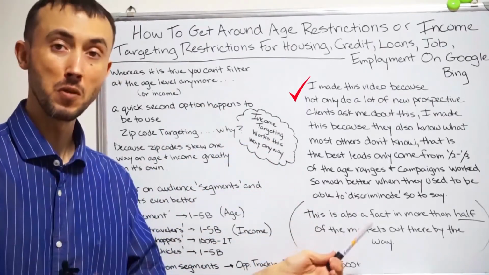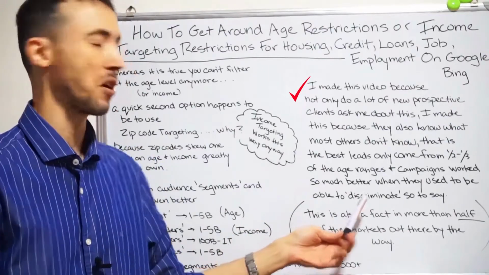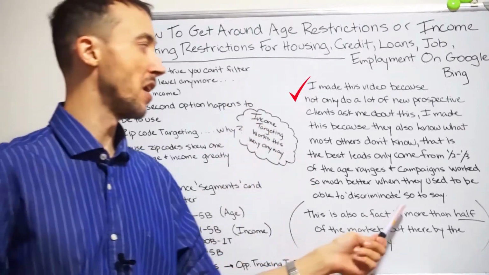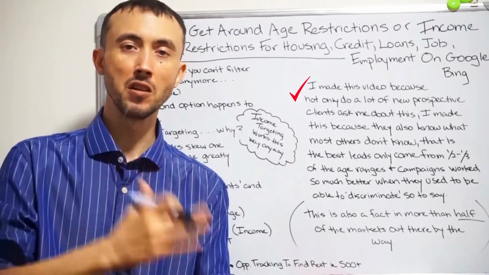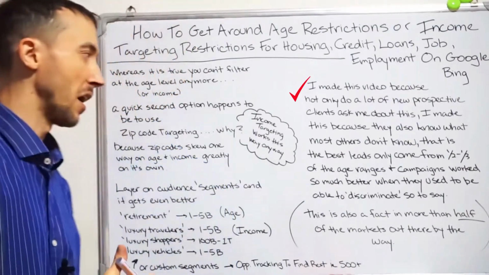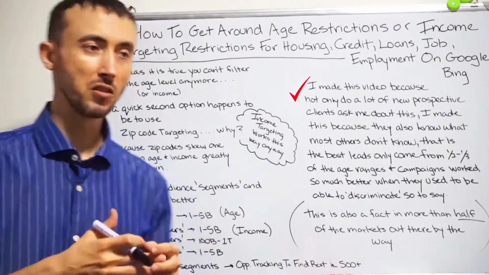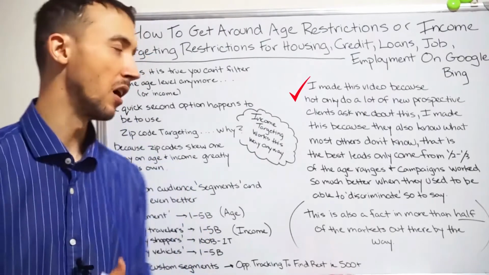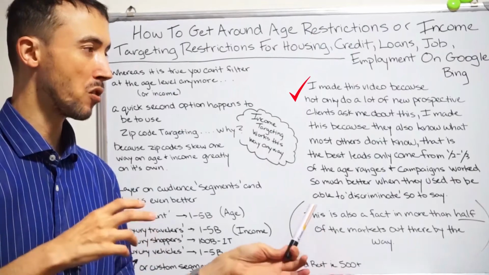And they're coming to me actually saying, what are the other options? Because I can't get my campaigns to work until I can, if you want to call it, discriminate again, so to say, and have my ads show up only for somebody who's in a certain income demographic range or age range, or a combination thereof. They're similar in that income demographic skews with age as well, as you can imagine. But anyway, with all that said, I'm going to show you